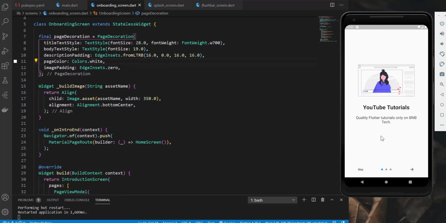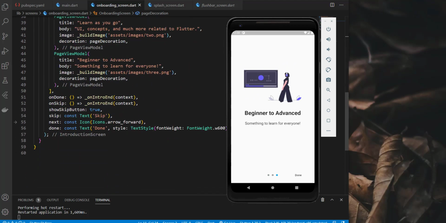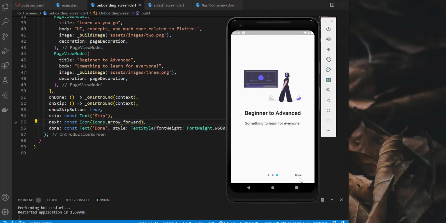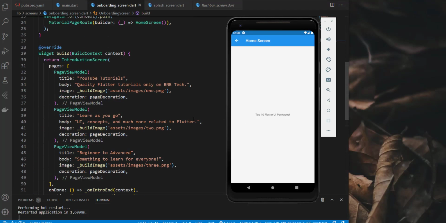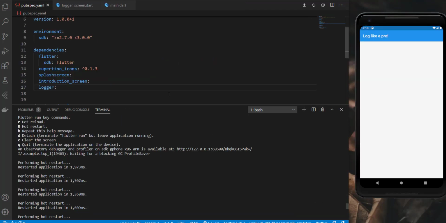Here is the skip button, and here are 3 dots, and we have a really smooth onboarding screen flow. And this is the next button, which I was talking about. And when I click on done, it navigates us to the home screen as we have defined here. Okay, so this was our second package, introduction screen. Now let's move to our third package.